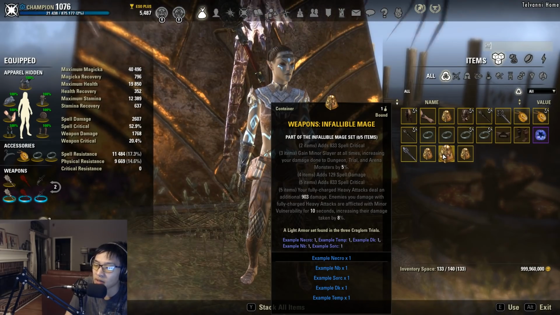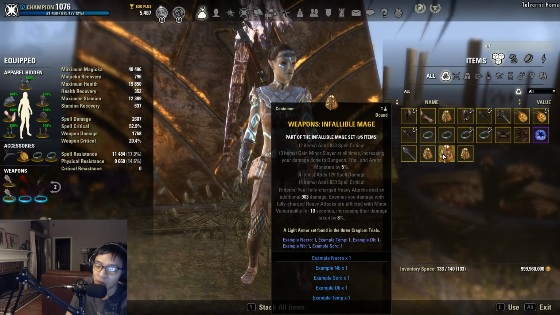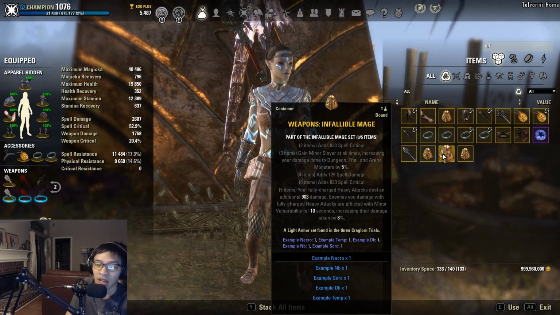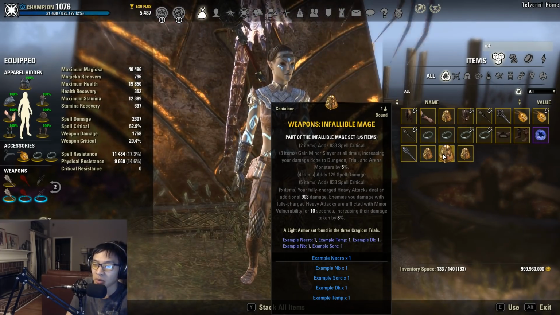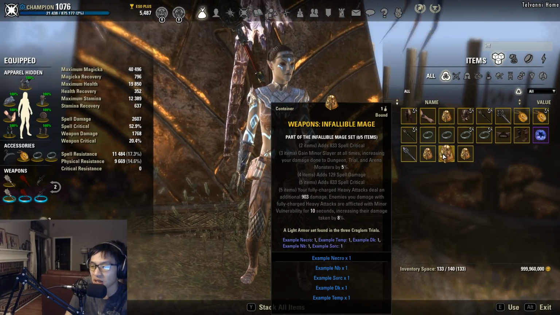The other thing too is on a dummy it might seem very strong, and that's because it's afflicting minor vulnerability with your heavy attacks. If you control for minor vulnerability, then Julianos and Necropotence actually do end up performing pretty decently well compared to Infallible Aether. You still get that minor Slayer bonus from the 3-piece there, but the 5-piece is generally speaking not going to